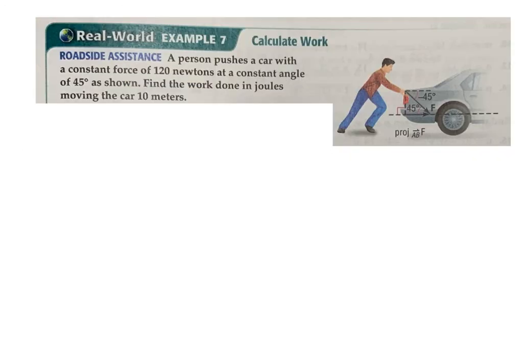So what are they saying? A person pushes a car with a constant force. They just gave me my F. Force of 120 newtons. At a constant angle. They just told me what to take the cosine of, 45 degrees as shown. Find the work done in joules moving the car 10 meters. They just gave me the magnitude of my vector, right? So we're going to take my force, 120, times the cosine of the angle that the force is being applied, times the distance of how far I am applying that force. And that is the work that's going to be done, 848 joules. Yes, 848.5